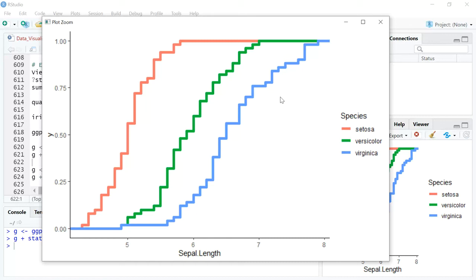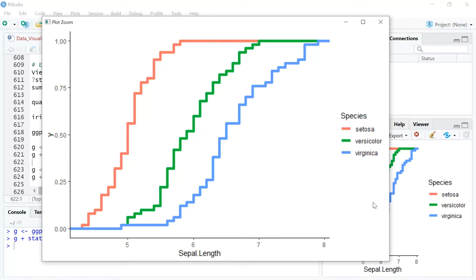So what do you see on this plot? On the x-axis, you have a numerical variable, sepal length. We're going to use the iris dataset, and I'll take you through it in a bit. But all you need to understand is that on the x-axis you've got a numerical variable which ranges from value A to value B. On the y-axis, we've got the proportion. So what proportion of your x-axis is up to 25%, 50%, 75%, and 100%, right? So you get these kind of lines, and I've color coded these lines based on a categorical variable. In this case, the categorical variable is species, right?